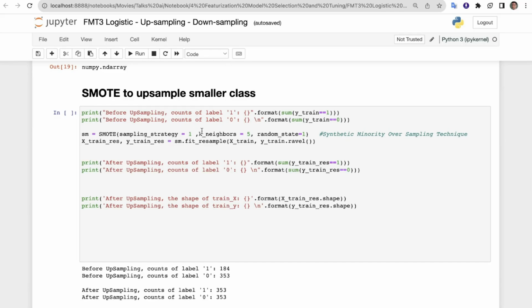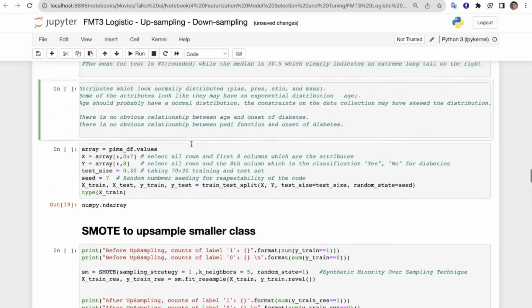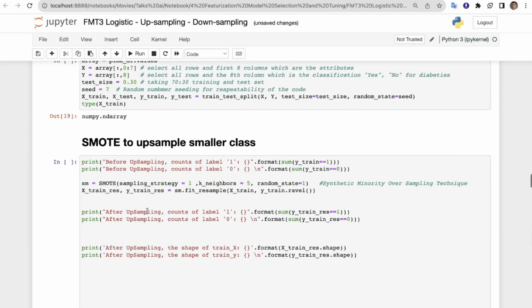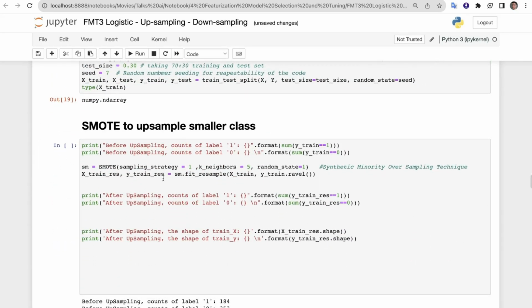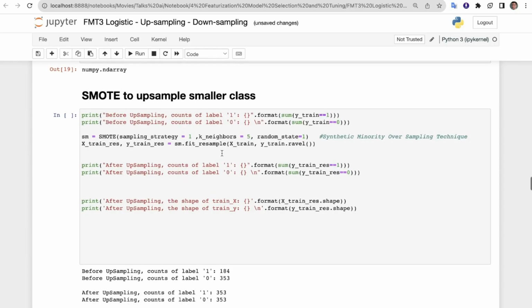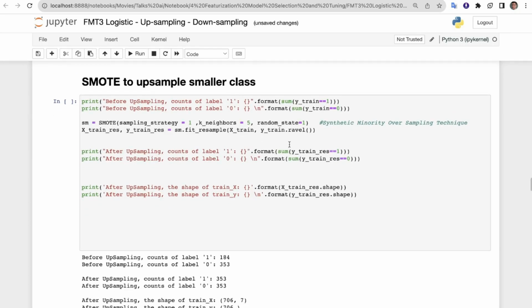Now before upsampling, count of label 1, format sum y train equals to 1. Now before upsampling, count of label 0, dot format sum y train equals to 0, right here. Now sm equals to SMOTE, sampling strategy 1, k neighbors equals to 5, random state equals to 1. So synthetic minority over-sampling technique. Now x train res and y train res equals to sm dot fit resample x train y train dot ravel,